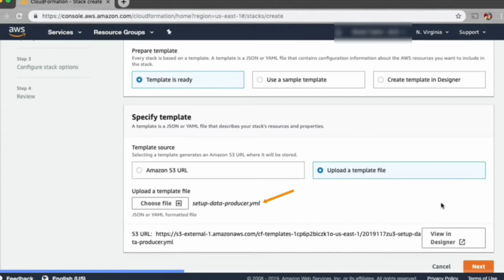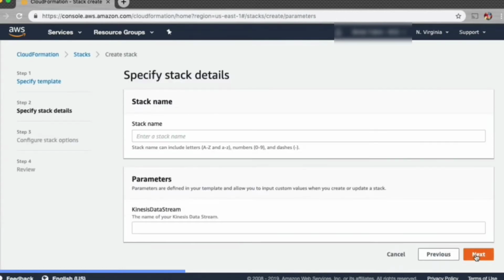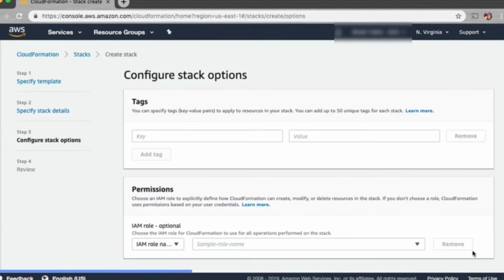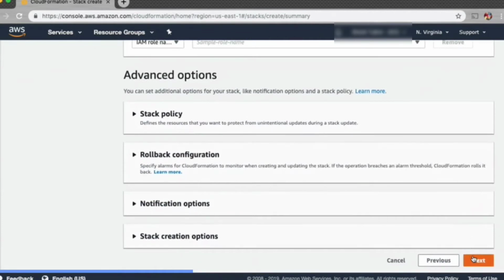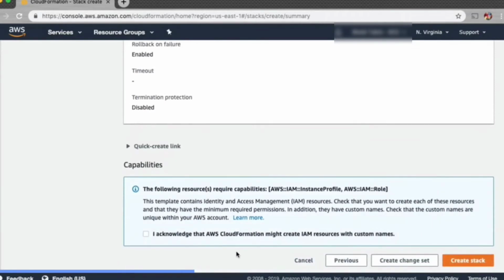And then you will have the ability to give a stack name. So just give it whatever stack name you like. I'll call mine data producer stack, and then you will need to type in the name of your Kinesis data stream that we just created. So in my case, I'll use my data stream, which is the name of the Kinesis stream we just created. Go ahead and click next. We will leave the options as default and click next. And finally, we will need to give CloudFormation access to create an IAM role that allows it to communicate with the Kinesis stream. Go ahead and check the checkbox that says you acknowledge this and click create.